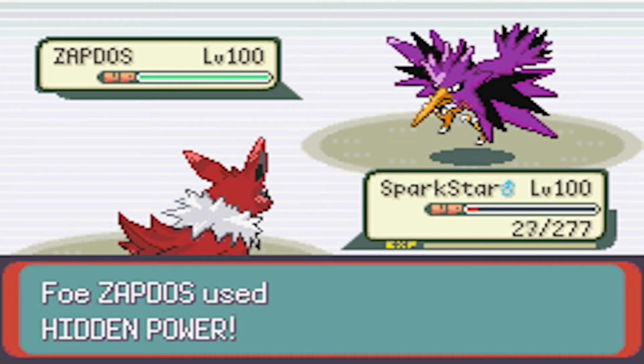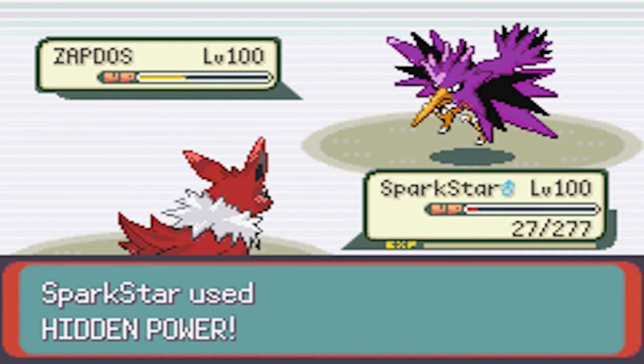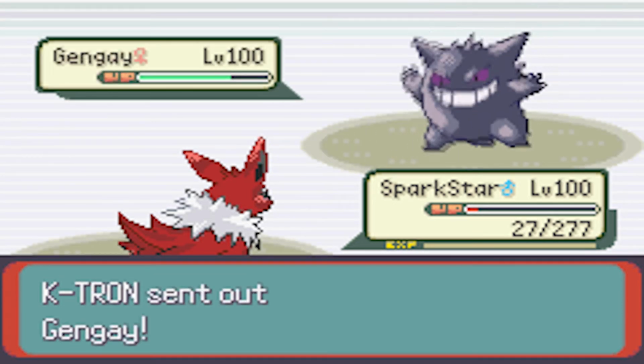And he's going to be able to go for Hidden Power Ice, not kill me because I still have that 95 base special defensive stat, and I'm going to be able to go for Hidden Power Ice and take him out because that is super effective, and I have +2 special attack. Now he's going to go into his Gengar. I figured at this point, okay,